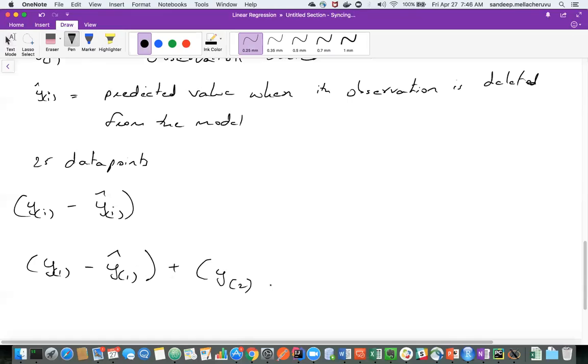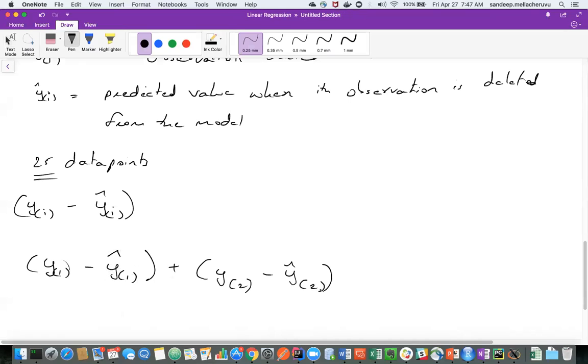What does it mean by residual? y2 minus y2 hat, which means you delete the second observation from the model and keep the remaining 24 observations. You have 25, you will have 24 here. It doesn't mean that one is removed everywhere, one is removed only here. You remove one from the model, remaining 24 values. From the remaining 24 values, you create a model. For that model, you predict the y hat. Then y1 minus y1 hat will become